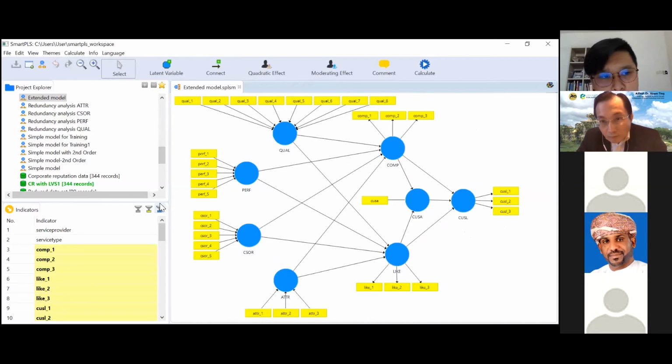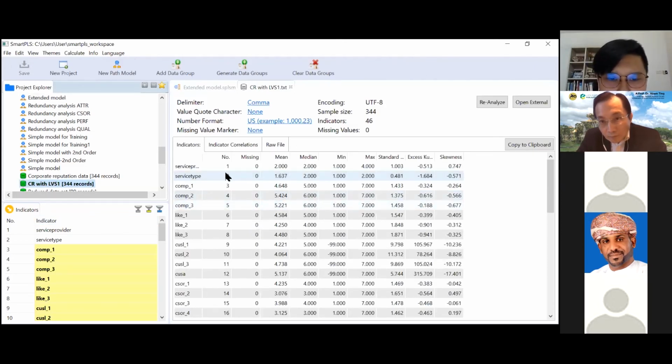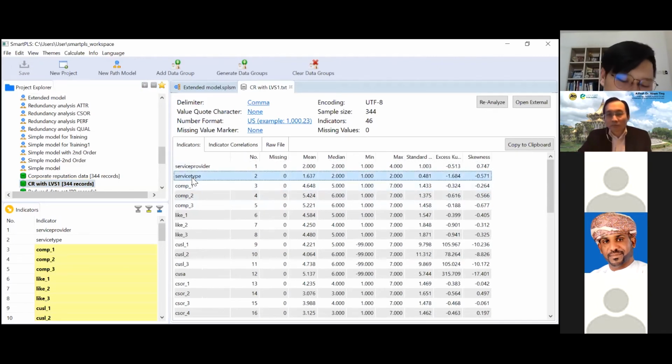If your model is so complex and you want to study a moderator in this group, for example, looking at our data set that we have here, we have, for example, this called service type. Service type could be prepaid and postpaid, right? You go to a telecommunication company, you can apply for prepaid and postpaid. So from this prepaid and postpaid, right now the first process before you run this multi-group analysis is you need to check for the measurement invariance. So to check on this measurement invariance,